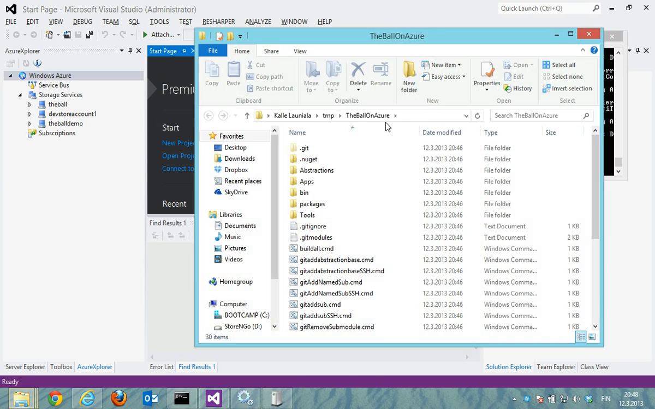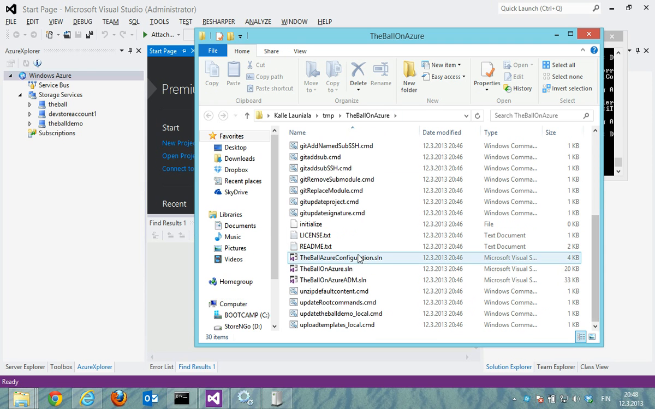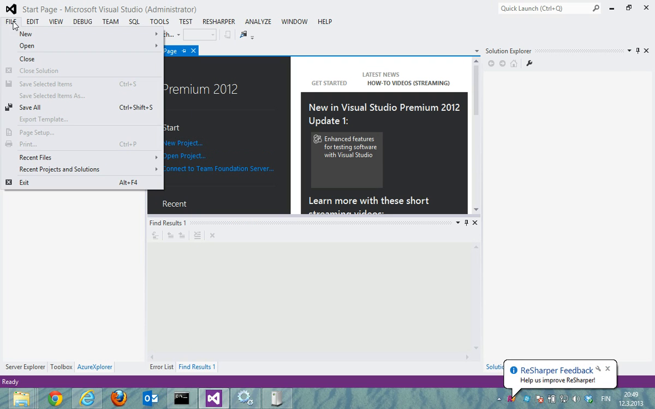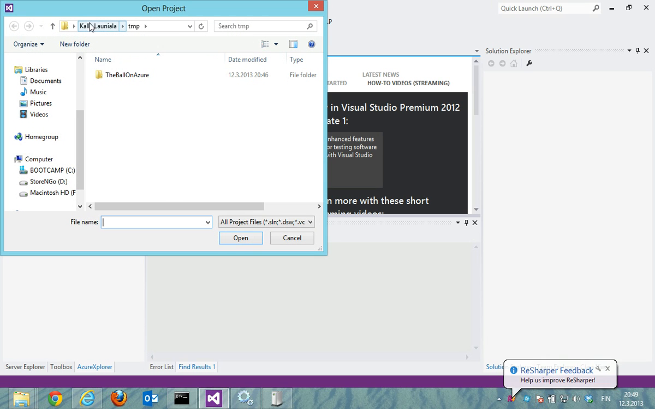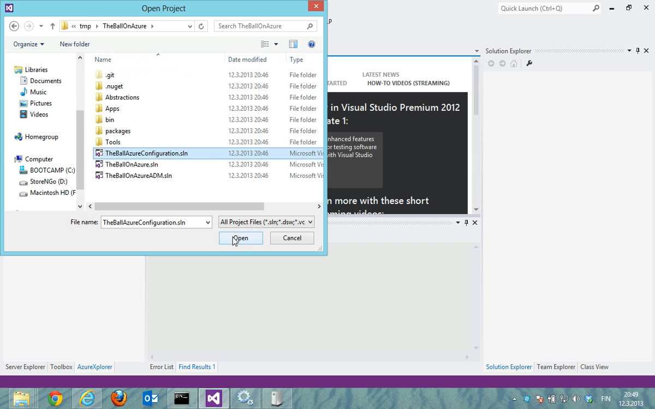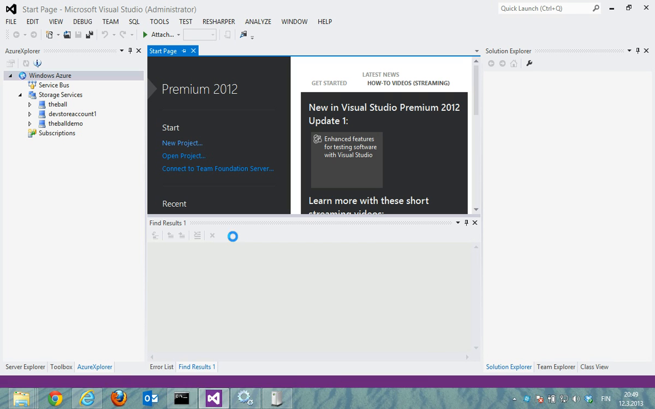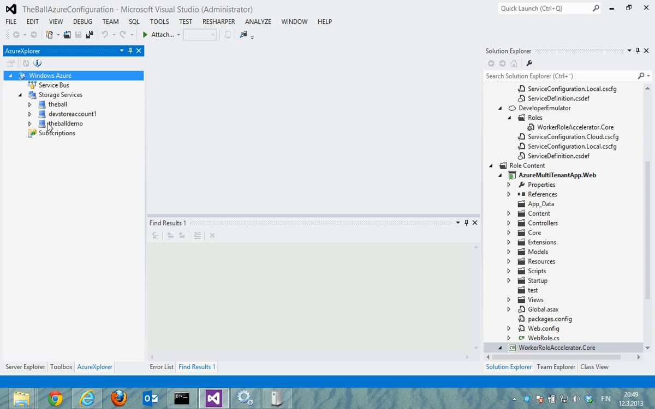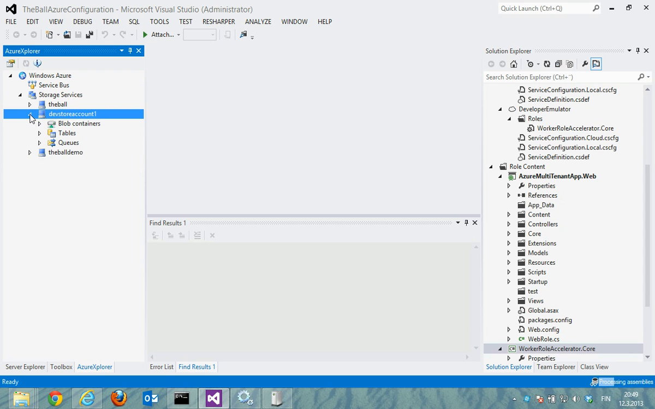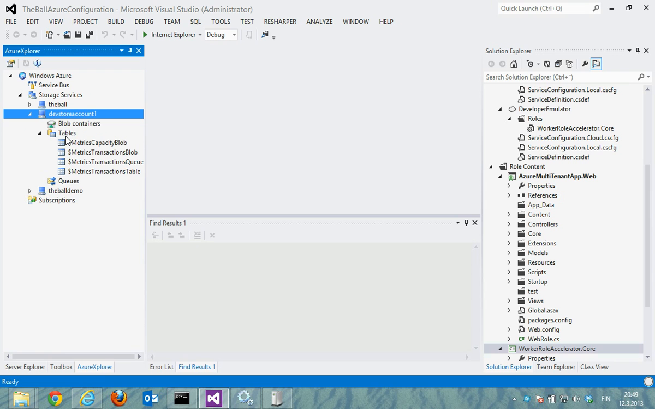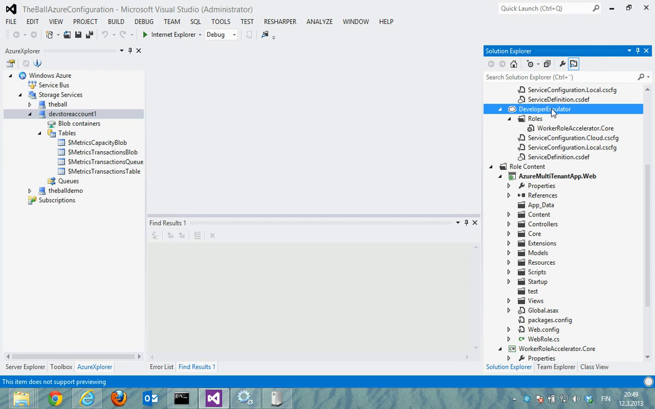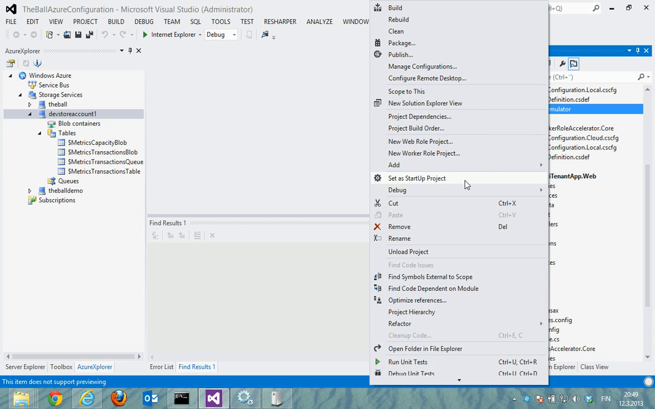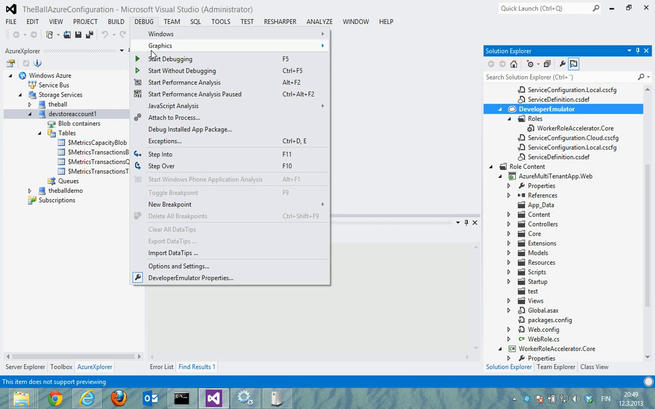And let's see if we can do it in a neat way. We pull this solution, Azure configuration solution. No, it doesn't allow us to pull it from here. So then we open it from my TMP folder. This is the fresh one. And right now, before running it, our developer storage account is completely empty. It doesn't have any blob containers, it doesn't have any queues, all the tables are just default metrics tables. So we go and choose the developer emulator as a startup project and start debugging it,